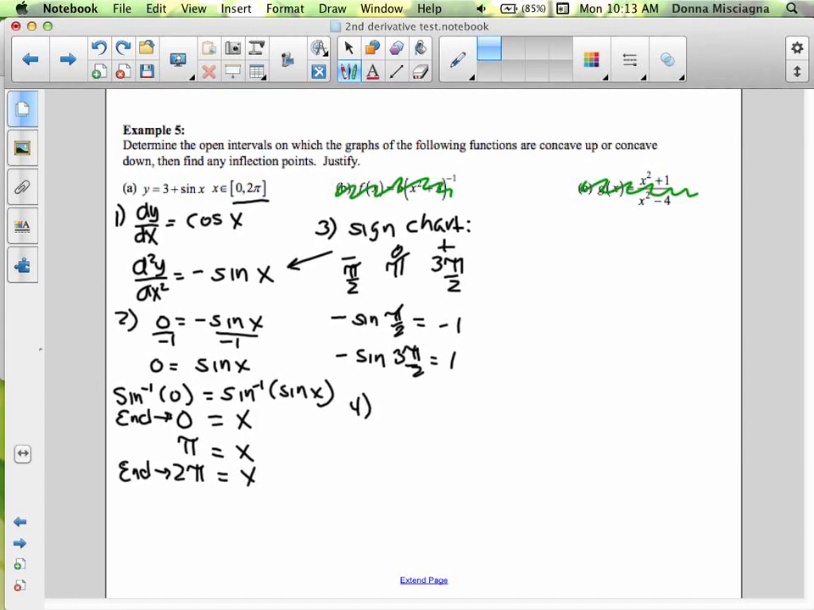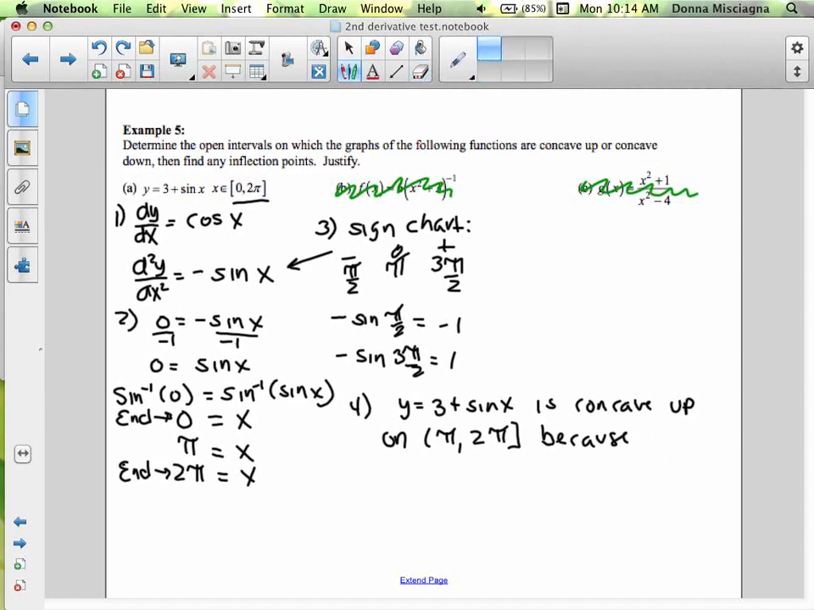Right? So y equals 3 plus sine x is concave up on pi to 2 pi, and I guess we can put a bracket there because that's the end of the interval. Pi to 2 pi because, and I'll use f prime, I'll put d2y, I'll put exactly what I put over there. Usually I write f double prime of x. d2y dx2 is greater than 0, and